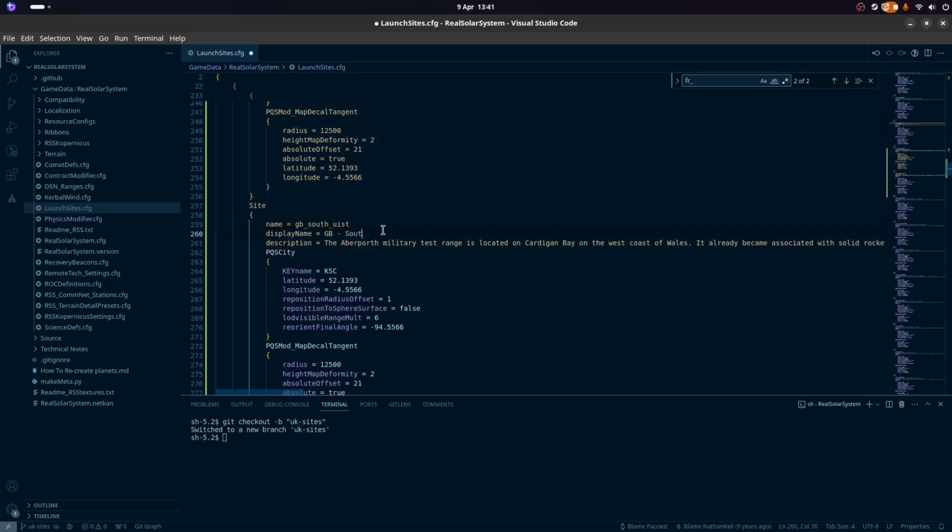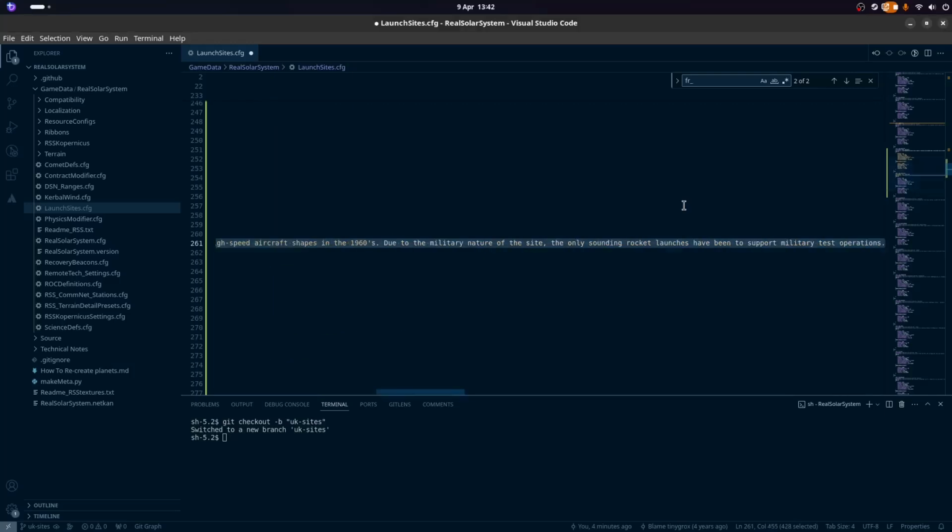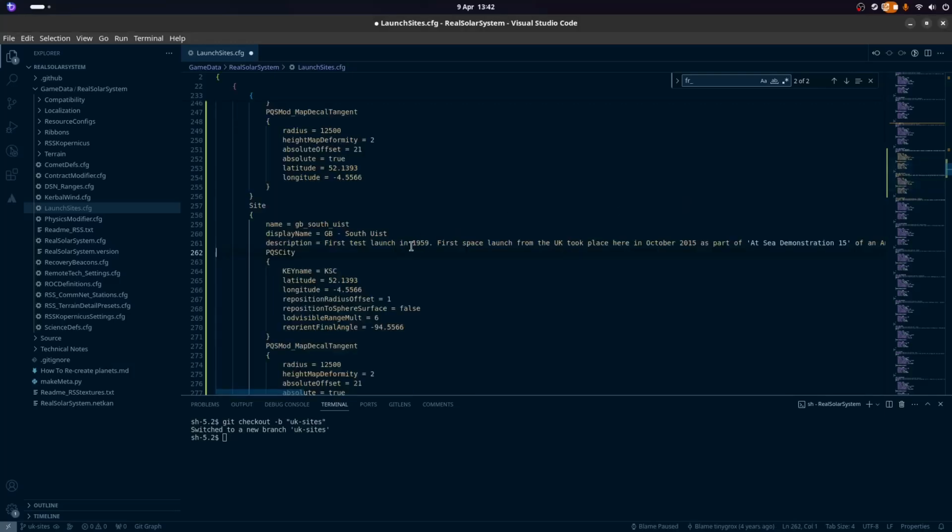GB South East. And I'm going to duplicate this from Wikipedia. I am showing where all of my information comes from here. Latitude. This is of southwest, east. I don't know.